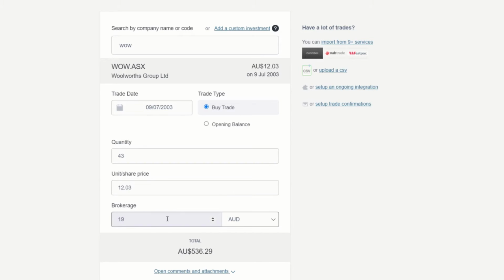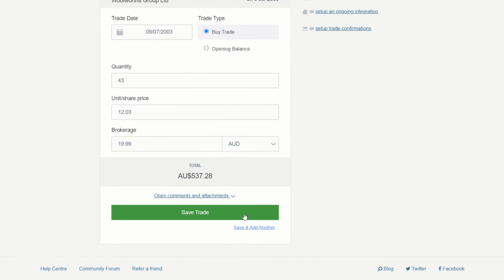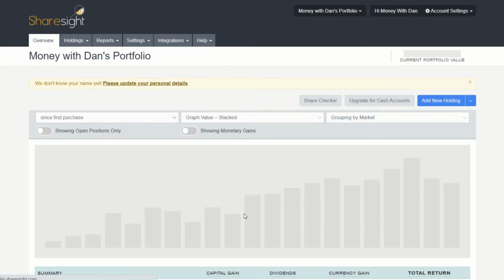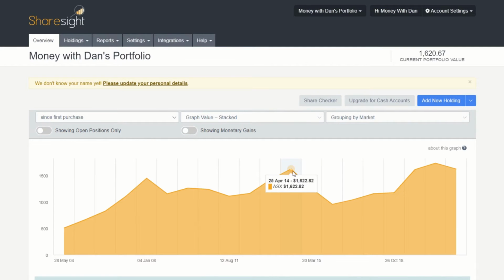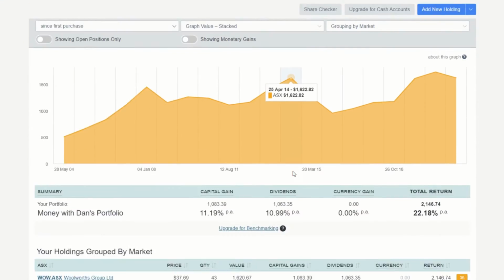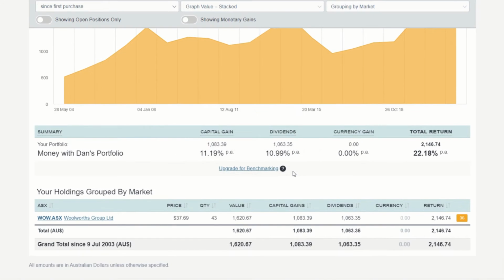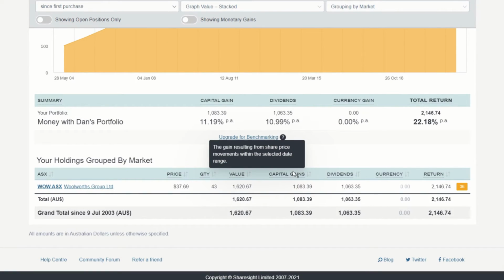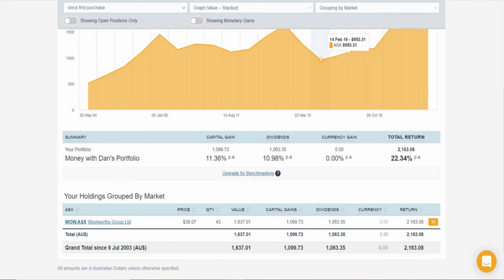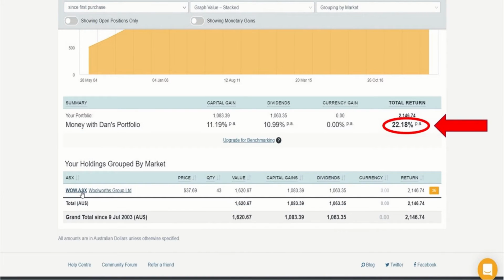Next, I enter a brokerage of $19.99. Finally, I press the Save button and then the magic starts. In this screen, you can see a graph of the share price moving up and down on an overall upward trend, which is what you want to see as a long-term share investor. Underneath this, you can see a calculation of capital gains based on the initial purchase of shares and the dividends I would have earned if I bought nothing more over the years, showing a very healthy total return of 22.18%